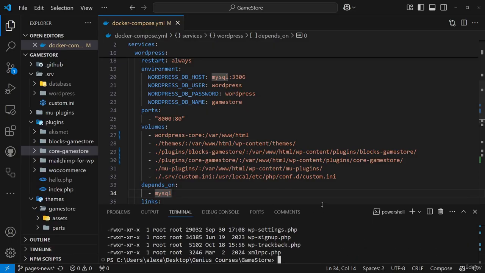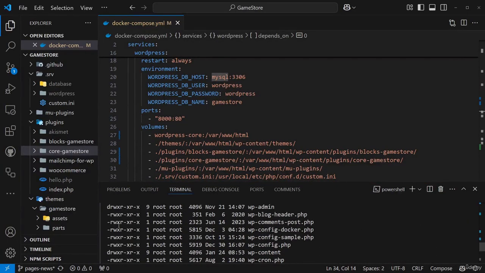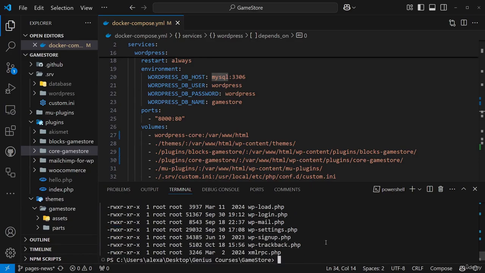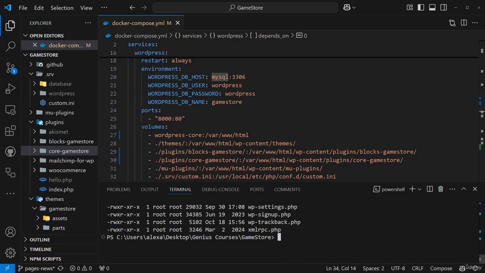This command listed all files and directories and showed their details. Permissions. Here are those permissions. We are interested in this directory wp-content. And WordPress does not have write access to it. Then I tried